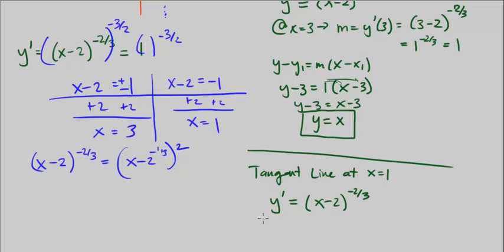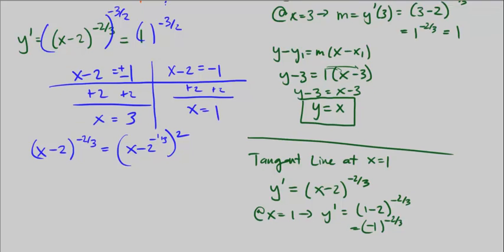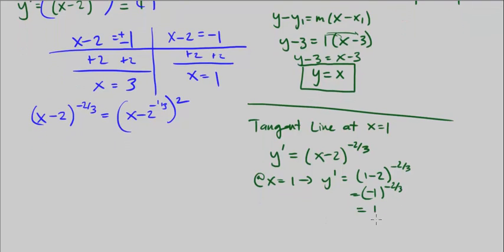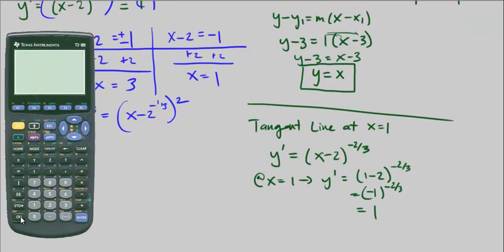At x is equal to 1, y prime is equal to (1 minus 2) to the negative 2/3 power, that's equal to (negative 1) to the negative 2/3 power, which is equal to 1, right? You can even plug it in your calculator. Negative 1 to the power of negative 2 over 3,